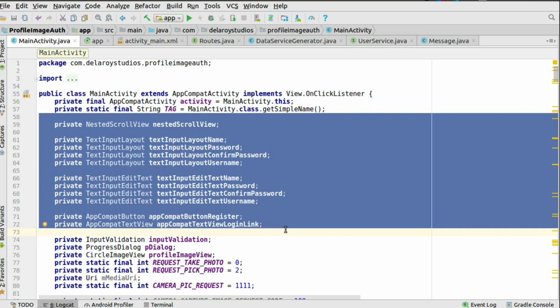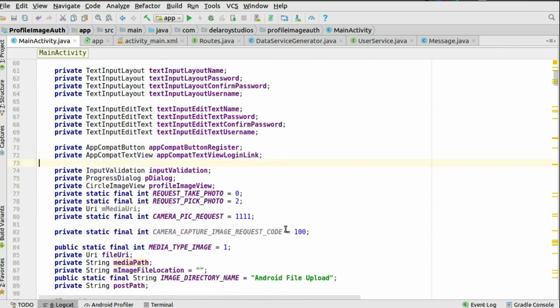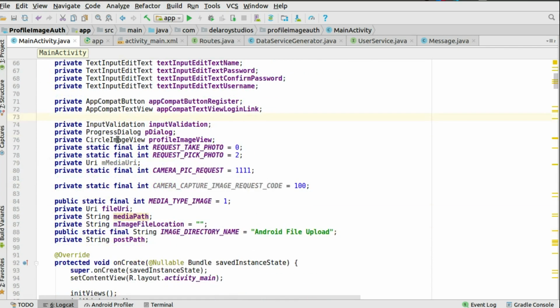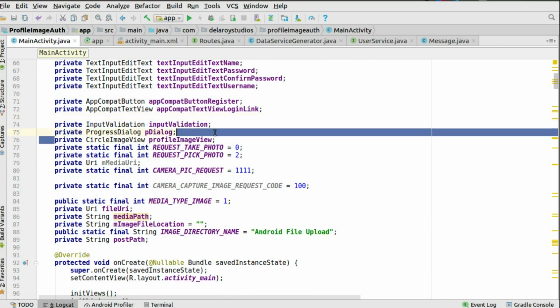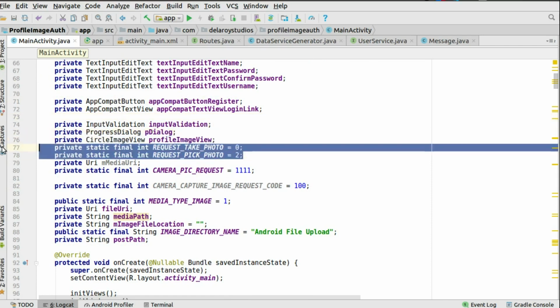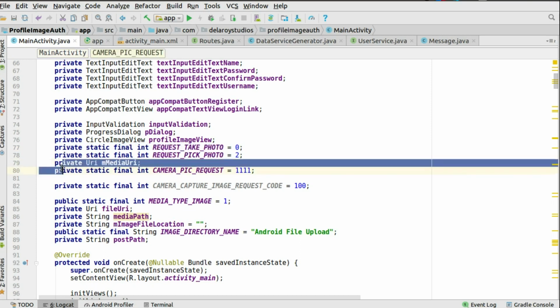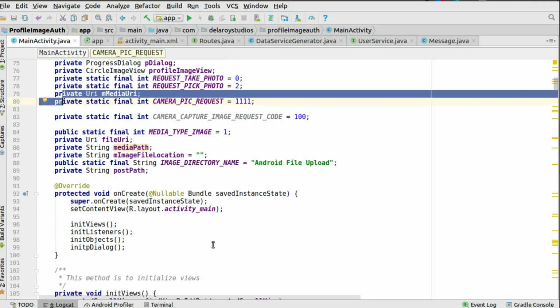For the buttons that will trigger the send, and for the validation we have the progress dialog, the circle image view, and we set up some static integers for the request to take a photo or to select from gallery, 0 and 2, which is unique. And we have the camera pick request, also an integer we're giving that. We also set up a string: the media type, file URL, media path string, image file location, and the post path. We will be using all these